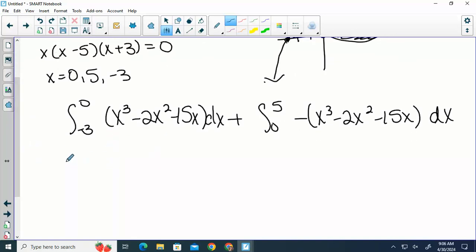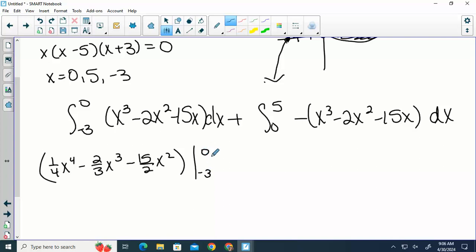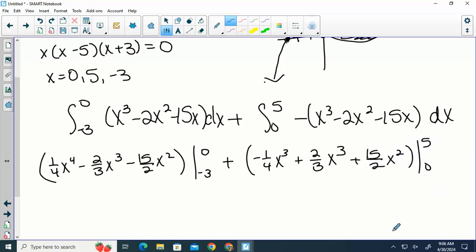So then, if we integrate, we get 1/4 x to the 4th minus 2/3 x cubed minus 15/2 x squared. Doing that from negative 3 to 0. This one I'll go ahead and distribute. So negative 1/4 x to the 4th, plus 2/3 x cubed, plus 15/2 x squared from 0 to 5. Yeah. Did I say 4 or did I just put my 1/4 in front? Okay,